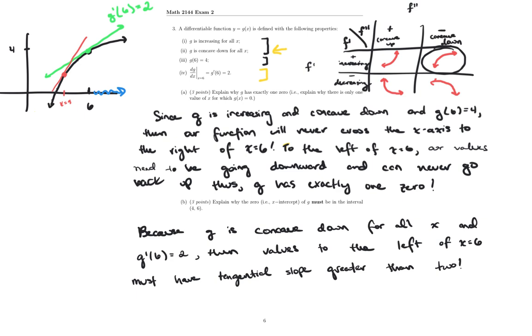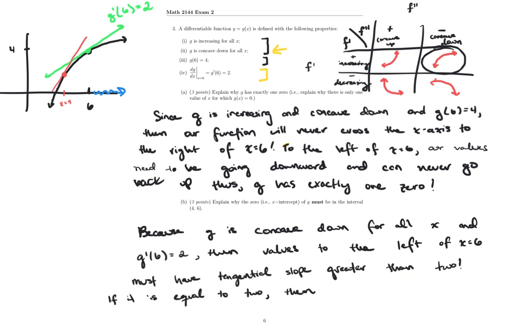All values to the left must have a steeper slope than 2. Okay, so if it is equal to 2, then